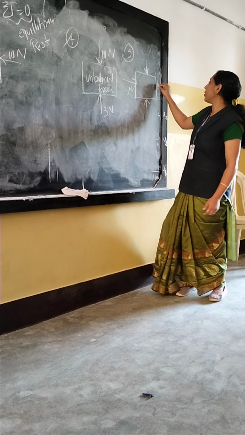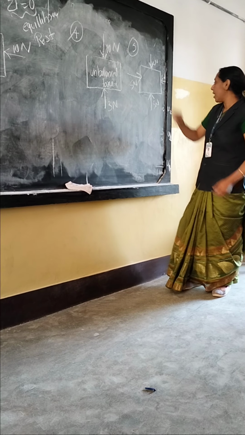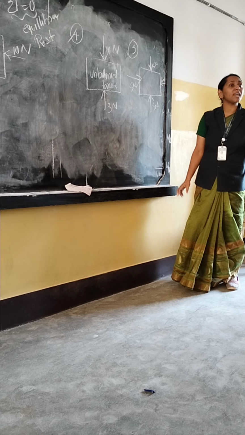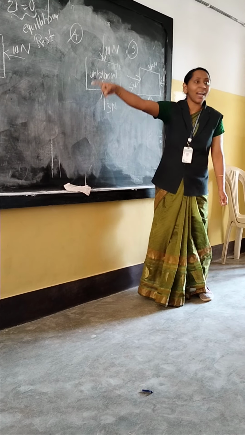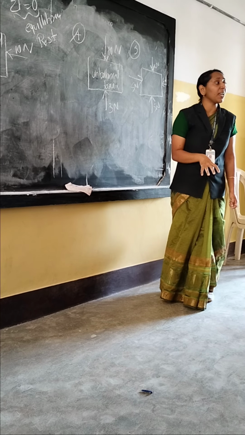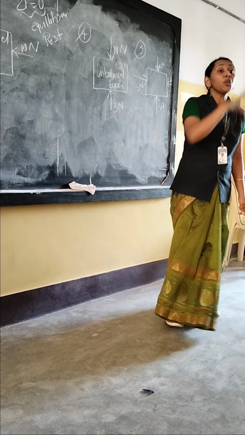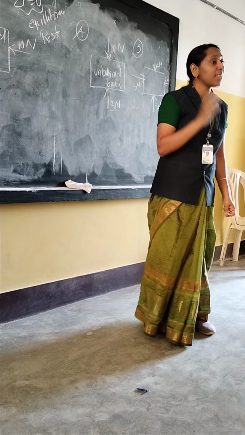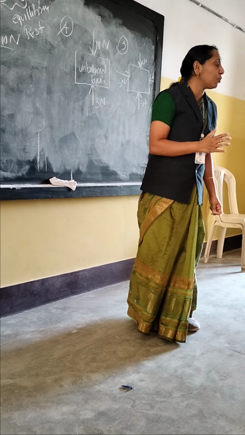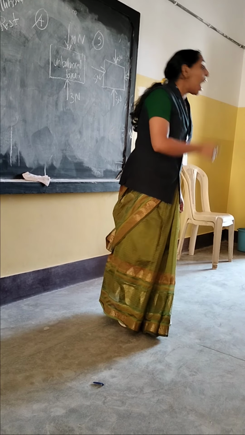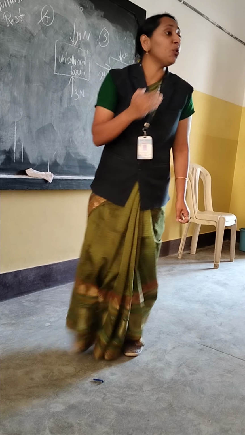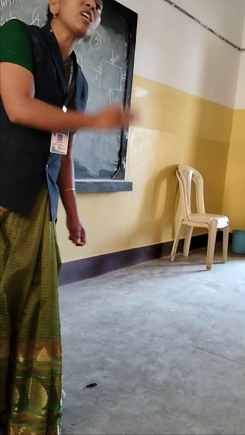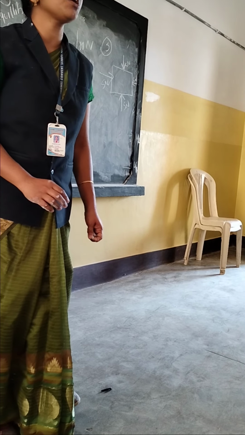5 Newton, 5 Newton, 5 Newton, 5 Newton like that. You can see here the object, all forces are same. The object is said to be at rest, depending on the balanced condition. But now we have to study that the object has a tendency to move uniformly. I hope you can understand this. Forces are equal and opposite in magnitude. Maybe the object is at rest, otherwise the object is moving uniformly. What does uniform movement mean? Equal distance in equal interval of time. That is called uniform motion.